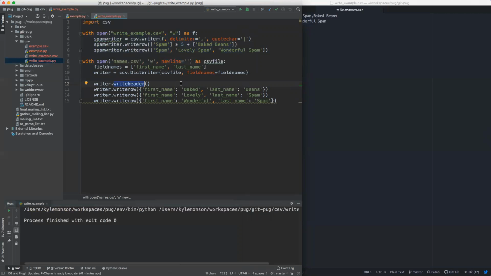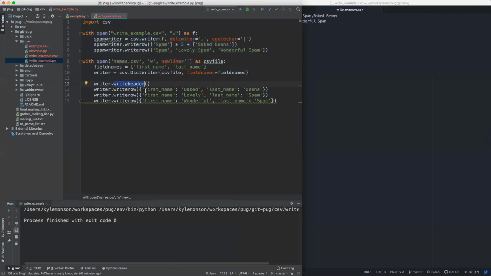When you go to write the file, it does not write the header automatically. So this way you could actually create a CSV file that doesn't have a header, but you're giving the different columns names,